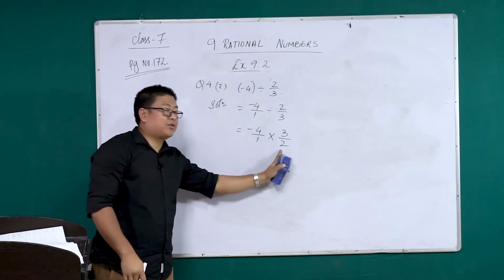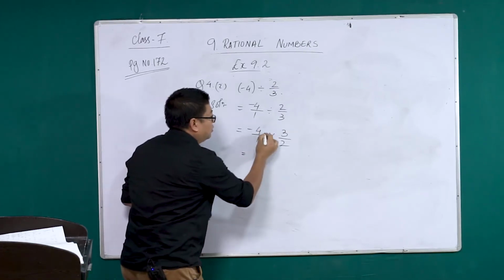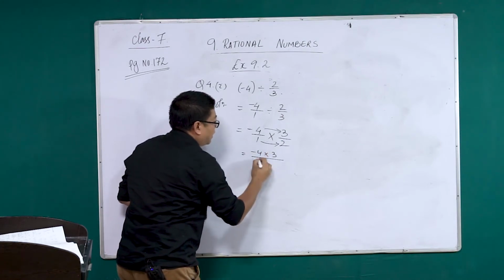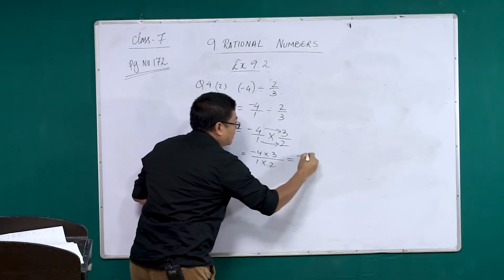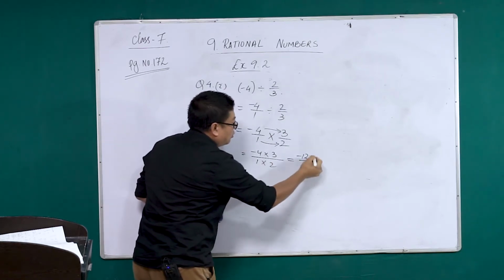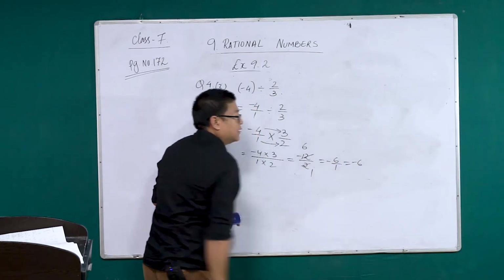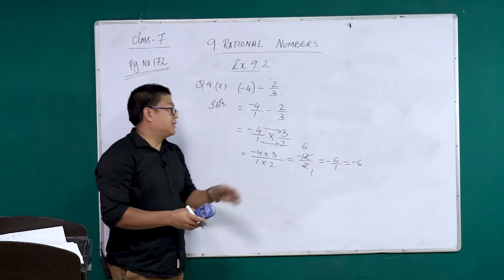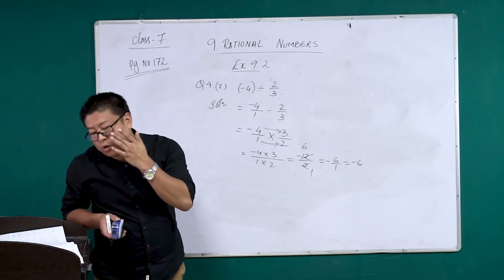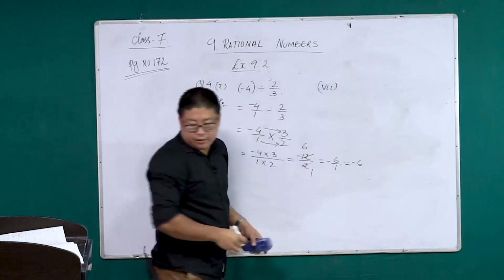So this is the only extra step. Rest same as multiplication. Multiply these two, multiply these two. So minus 4 into 3 by 1 into 3. You get minus 12 by 2. You can further reduce it if you want. 2 into 1, 2 into 6. You are getting minus 6 by 1, which you can write as minus 6. All right? This is all about division. If you have any more confusion, we can do one more before we wind up. Let me do the last one for you.